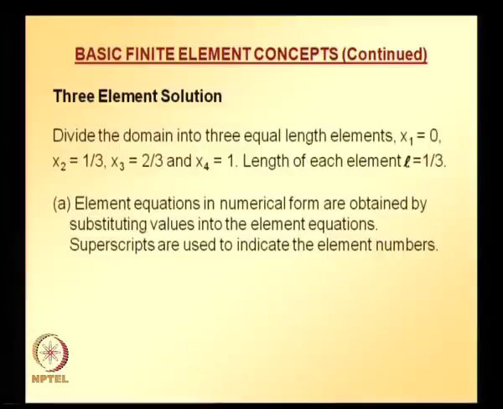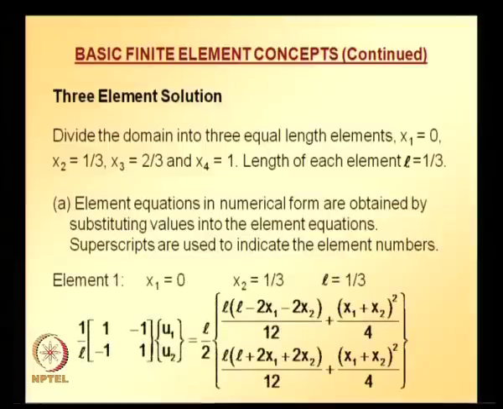Element equations in numerical form are obtained by substituting the nodal values into the element equations that you just now derived, that is, you derived element equations with boundary condition and without boundary condition. So, depending on the element location you can select one of these equation systems and plug in the values of the nodal coordinates and length of the element, and then you can get the elemental equations for elements 1, 2, 3. Superscripts are used to indicate the element numbers. For element 1,